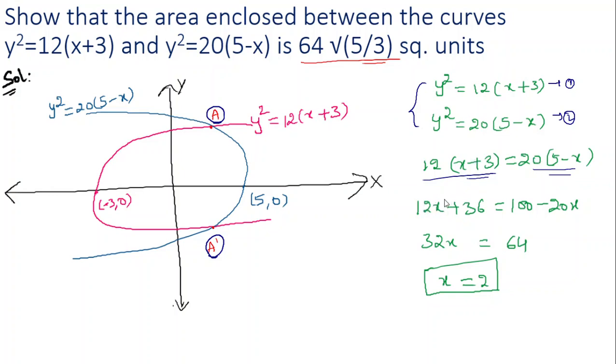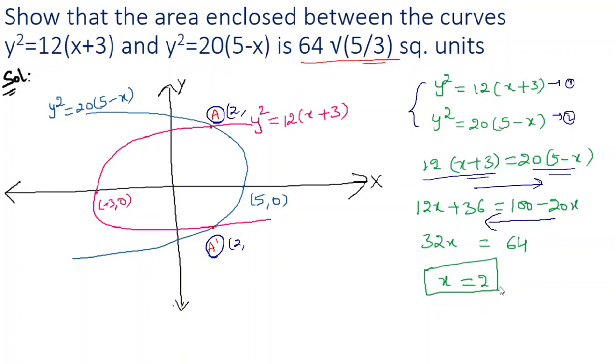And now if we simplify this, it becomes 12x plus 36 is equal to 100 minus 20x. This minus 20x comes to the left side and this plus 36 goes to the right side, and now this becomes 32x is equal to 64 and x is equal to 2. So the x coordinate of these two intersecting points is 2, and to find the y coordinates we just need